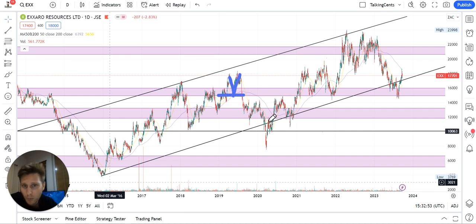Tests it now, becomes a support, but fails. Subsequently tests the bottom of that channel and finally breaks out of that area that was of interest. So there, the breakout, retest down, perfect buying position right there, riding that rally up, selling, and then that strong